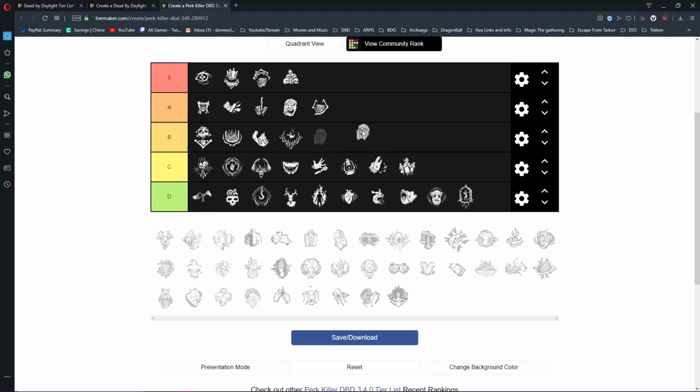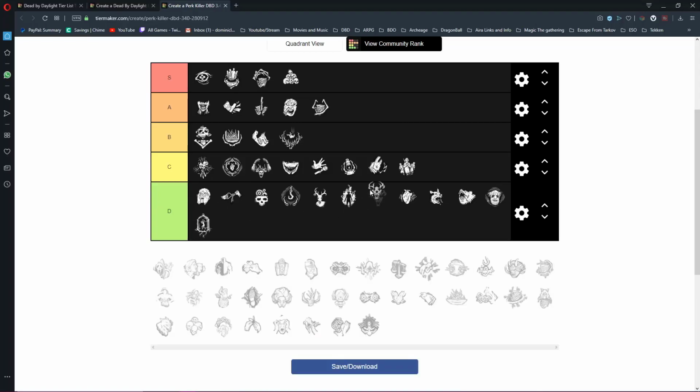What is this? Unnerving Presence? Yeah, that's dog shit. It's awful. Do I need to go into why? Like, yeah, okay. Thrill of the Hunt, also dog shit. Maybe one of the worst perks in the game. You know what? No. This might be the worst perk in the game. This might be the worst. Yeah. I think Distressing's still better